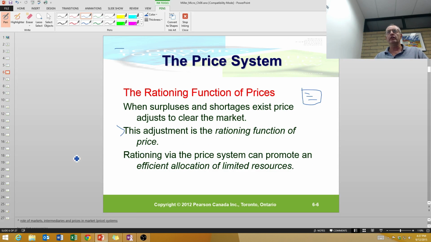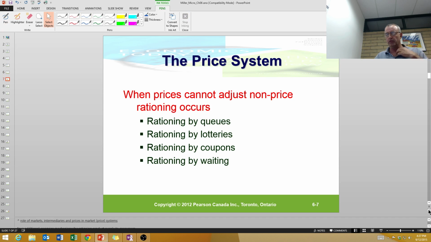Okay, so we do know that in economies, even in our economy, we have some other mechanisms for rationing finished products to consumers besides the price system. We have some non-price mechanisms. One non-price mechanism that we're all acquainted with is so-called